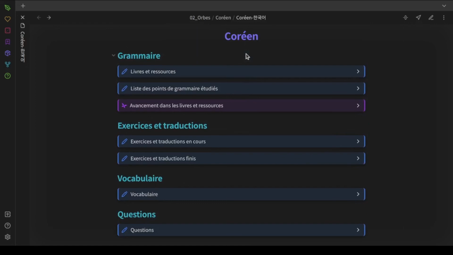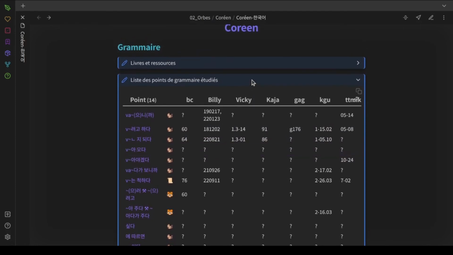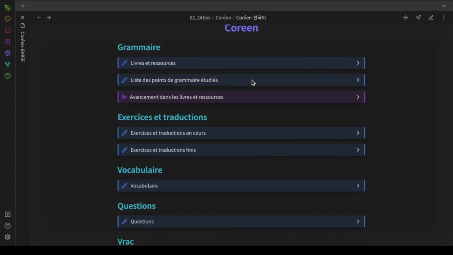I didn't explain the plugins I used for the cards, and maybe I should do a little video too about how I actually write the grammar notes, because it's a little bit more complex than the vocabulary notes, and I even use more advanced usage of some plugins, so maybe I should do that. Anyway, I'll make a list of all the plugins I use in this video in the description,